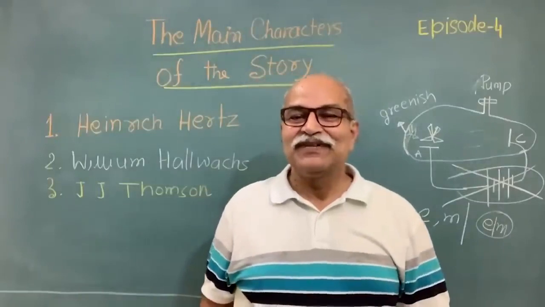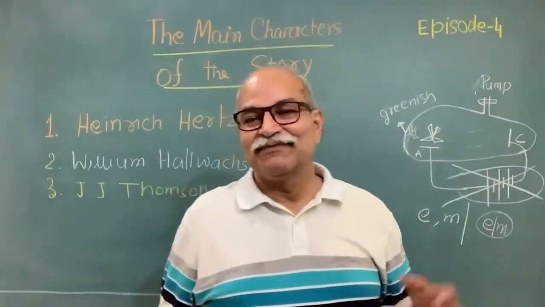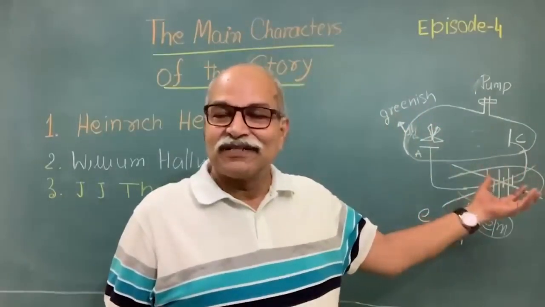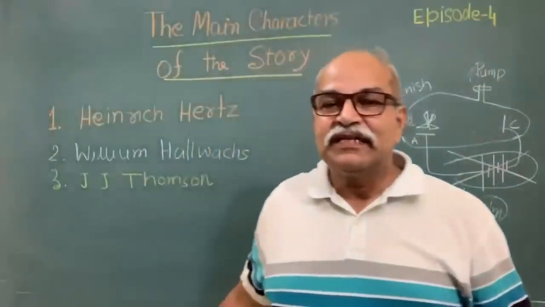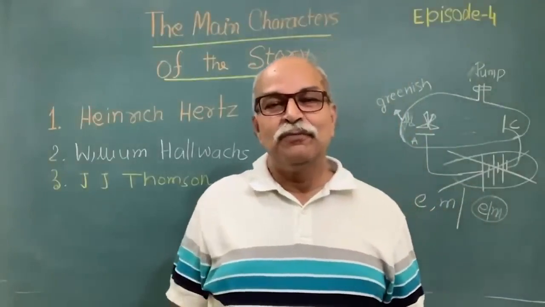So that is how he also confirmed the photoelectric effect: by shining UV light on the cathode, electrons are ejected from there. Okay, so these experiments that I have described by Thomson were performed in the year